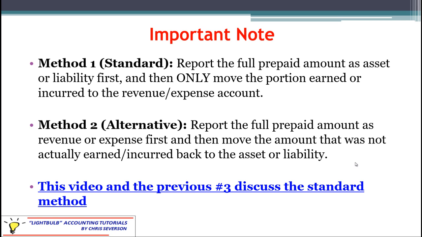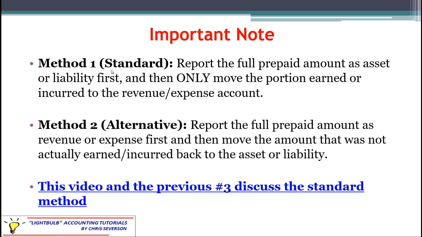And then at the end of the period, you look back and see how many of those supplies you've used up. The amount you've used gets moved over to the expense. The amount that's left remains as an asset. Now again, the same thing could happen with the unearned revenue, which is a liability. How much have you earned? That becomes revenue. What you have not yet earned remains as a liability. So with method one,